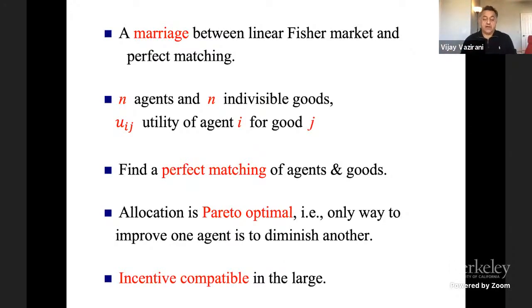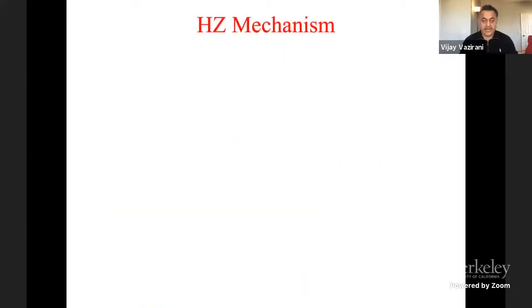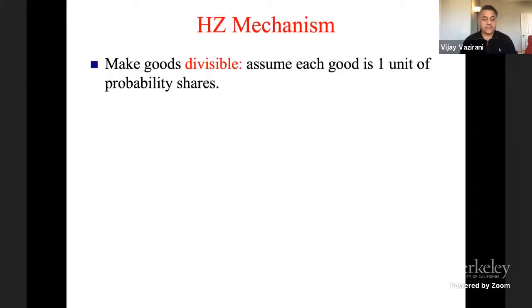Of course, there are trivial solutions to Pareto optimality, but it's also envy-free and all that, so that you don't boil down to some trivial solution. If you give all the goods to one agent, you'd say, "Oh, it's Pareto optimal." Of course, it's Pareto optimal, but that's not what we are looking for. Anyway, it's also incentive compatible in the large. So if you have lots of agents, no one person can cheat. And these two properties really come about from the fact that we are running it through supply and demand, like a pricing mechanism. And so let's talk about that.